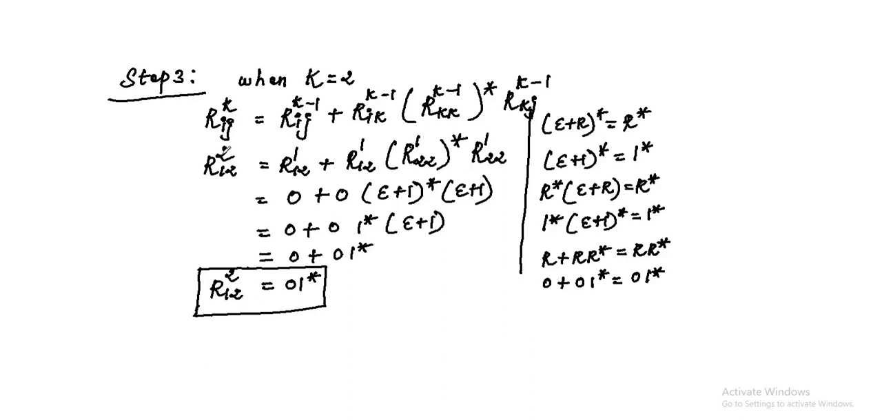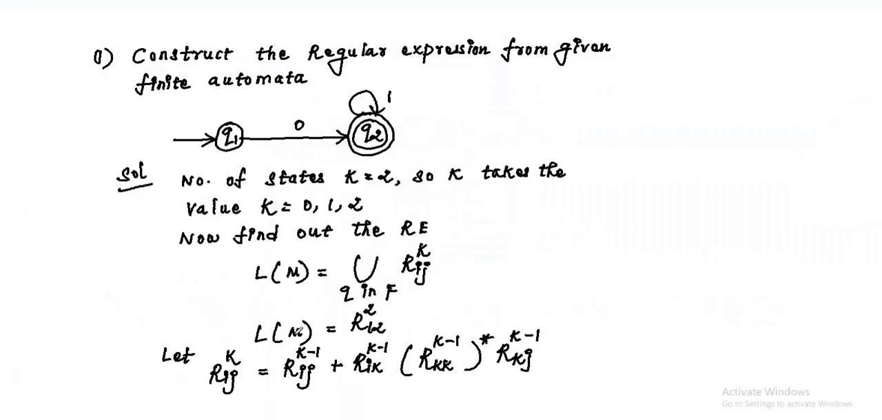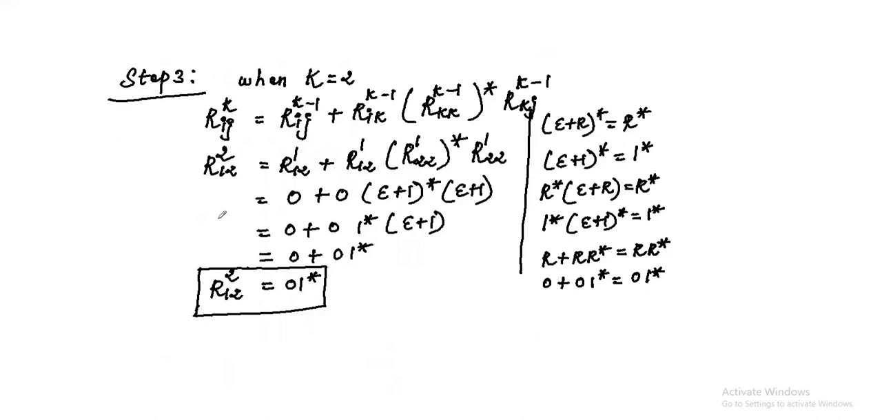We no need to find out r11 raised to the power 2, r21 raised to the power 2, r22 raised to the power 2. Only we need to find out r base 12 raised to the power 2, because in this first equation we already know that L of m equal to r base 12 raised to the power 2. So you directly find out the answer using the step r base 12 raised to the power 2 equal to,